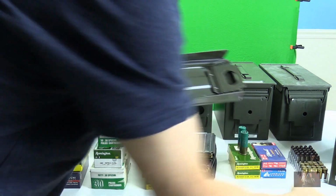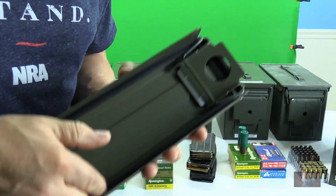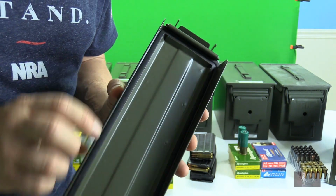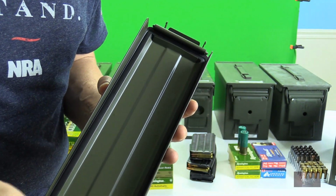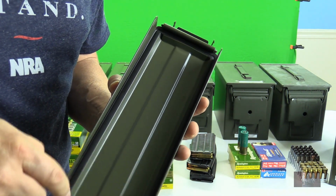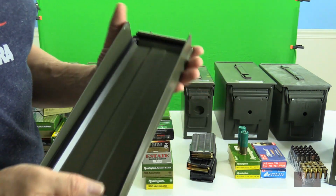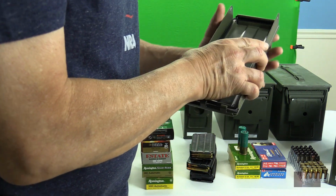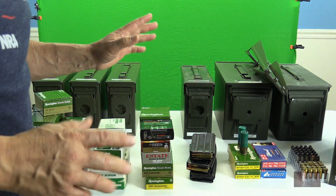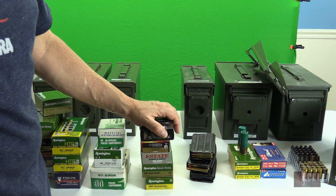Now, as far as one point that's been brought out, and I agree with, on these cans here, take the lid off, make it easier. You can see this black is a rubber lining around the can that keeps the water out, keeps the cans watertight. What I recommend is to take some little gun oil or some 3-in-1 oil on your finger, and just lightly coat these rubber gaskets here. That helps keep out any moisture, and with the desiccant gels in the can, that would actually make sure that your ammo is staying dry as it should,